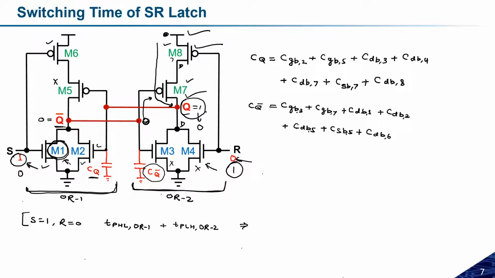If Q becomes 1, we are calculating the rise time, because we always refer to the Q node. So we can say the rise time at Q of SR latch